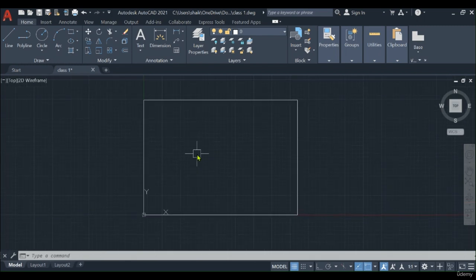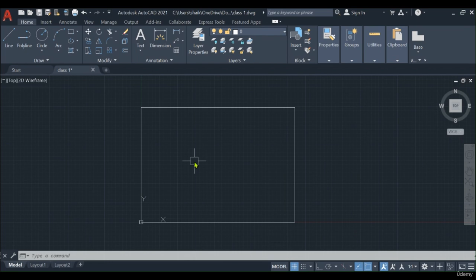Okay, so the second command which we have used is the limits command. First we need to set the limit 0 comma 0, second the limit for whatever paper size you are using, and that limit is set. After that rectangle 0 comma 0, and again the same limits we need to give. Then zoom and all. Once you give this limits command, the limits are set on the screen. So now whatever rectangle you see, this is our drawing area. Inside this drawing area we need to do that. Outside also